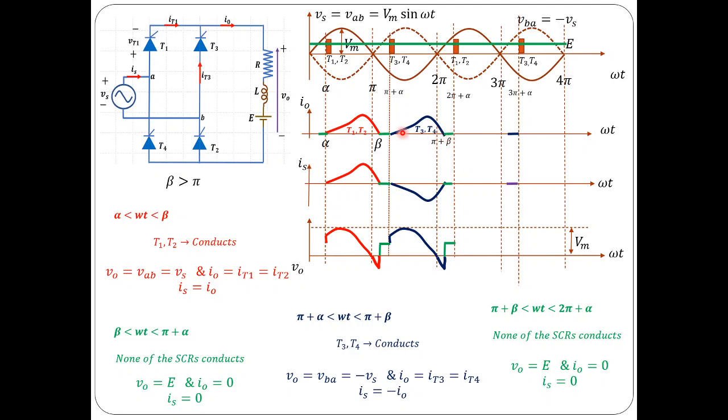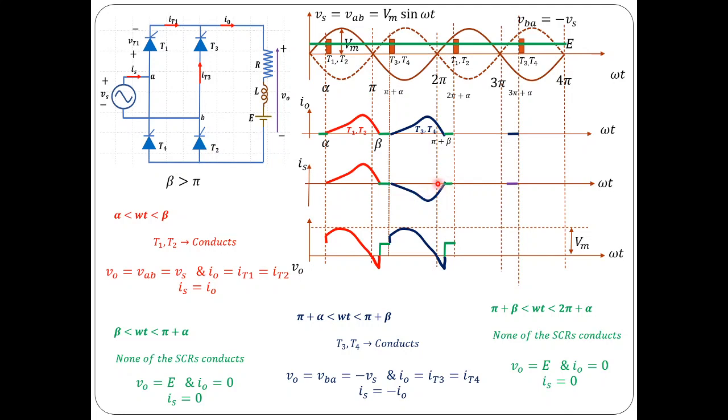Source current and load current are both going to be zero. And if you see, the load current is always positive, that is unidirectional, always positive. And the source current, for 50% of the period it is positive, and for 50% of the period it is going to be negative.